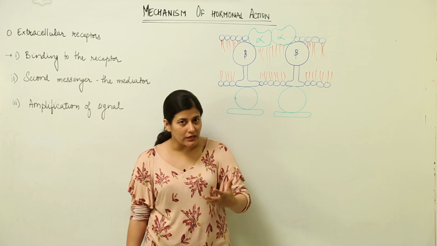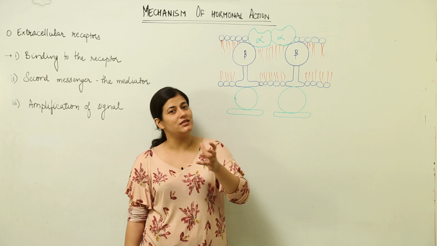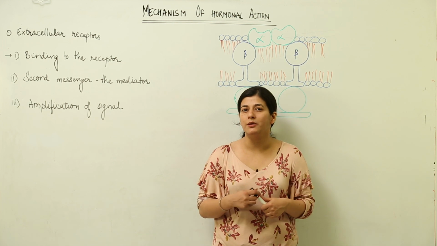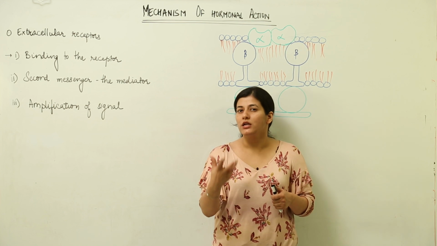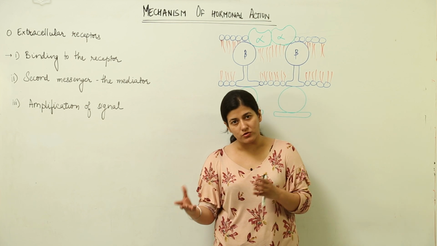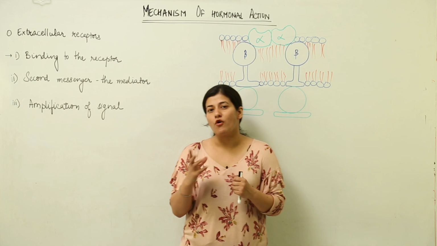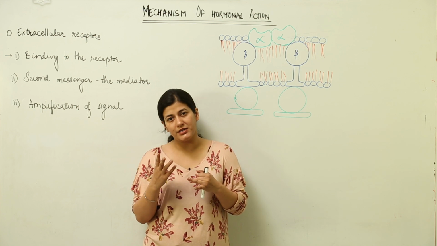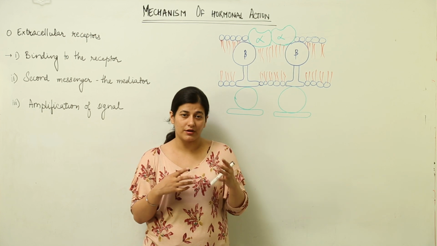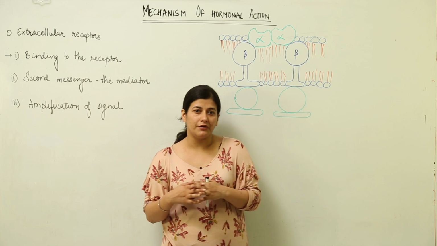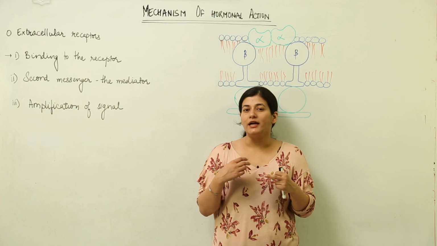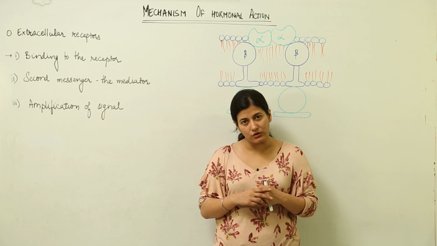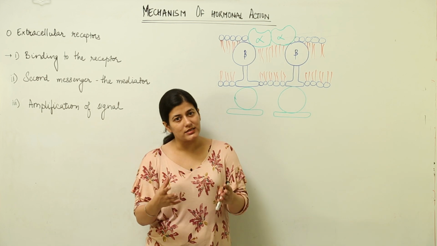Now, because it is a chemical compound synthesized inside the body, it is either going to be an amino acid derivative, that is, it could be a catecholamine, it could be a small peptide, a large peptide, or it is going to be a steroid hormone. So, we have broad categories of hormones. One is steroids, another is iodine derivatives, as in the case of thyroxine and triiodothyronine. Others could be amino acid derivatives, as in the catecholamines, the adrenal hormones. Then they could be peptide hormones, as in the example of insulin.